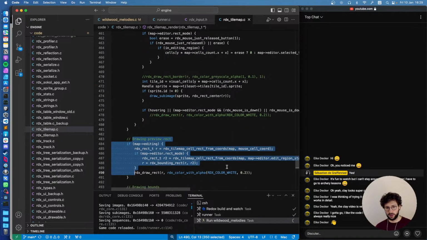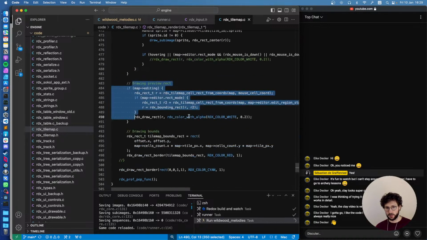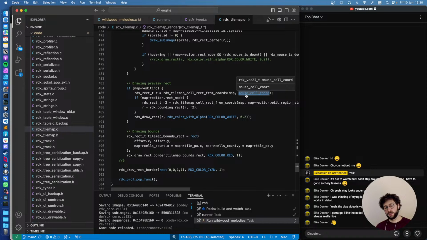Preview rect, that's the one. So 18, right. Mouse cell coords. I suppose